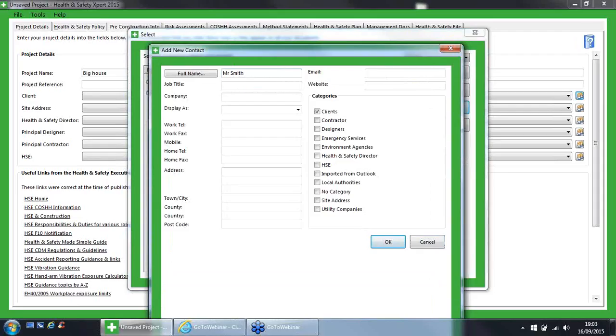In a peak of complete unoriginality, we will call him Mr. Smith. Job title, that could be where his job's going to be. He could be a company or he could be private. How you want to display him, so we'll have Mr. Smith. You can then put in his phone number, his address,